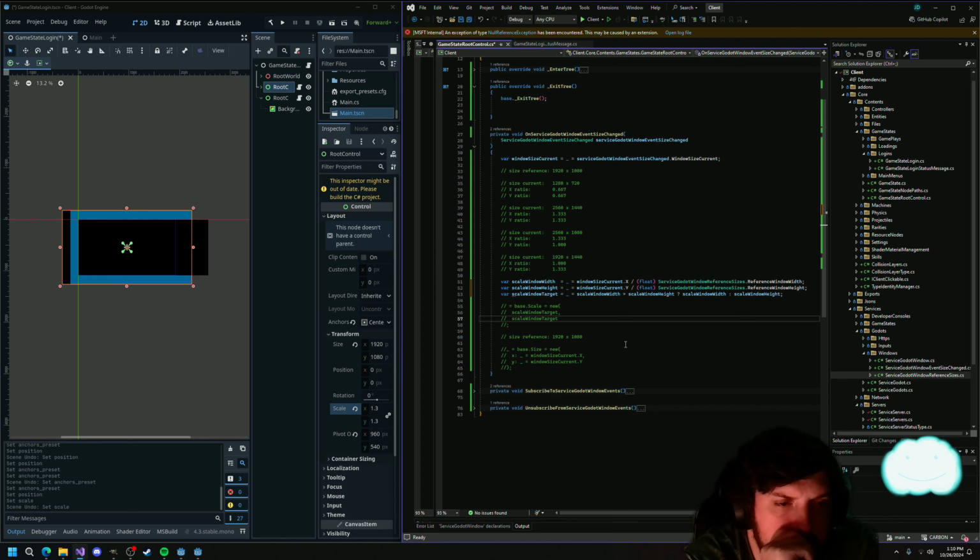I feel like size is the correct choice. If I use size,